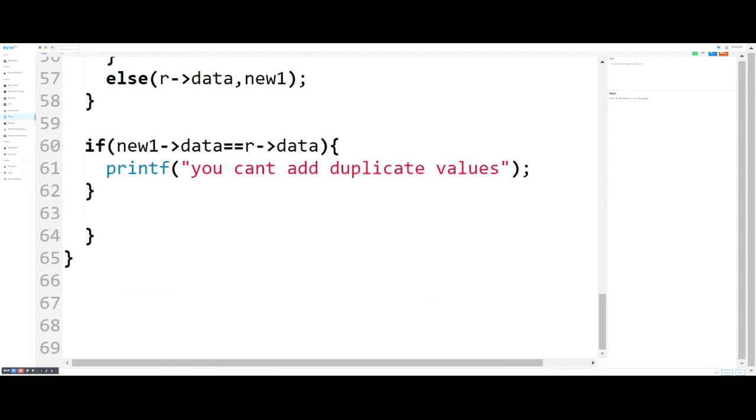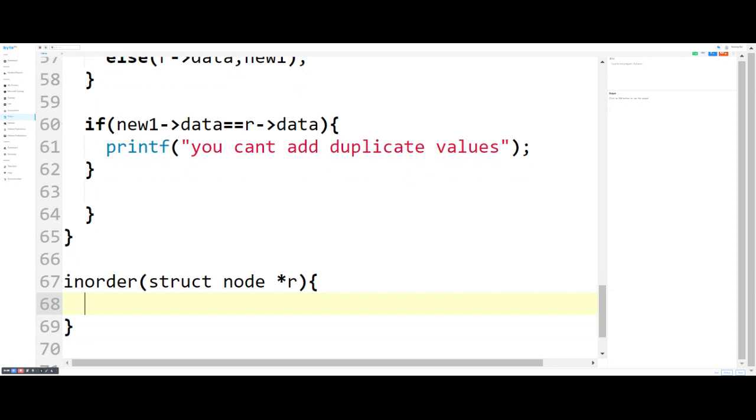Now here we have to create an in order function, and it will take a struct node root pointer. Here we check if root not equal to null.